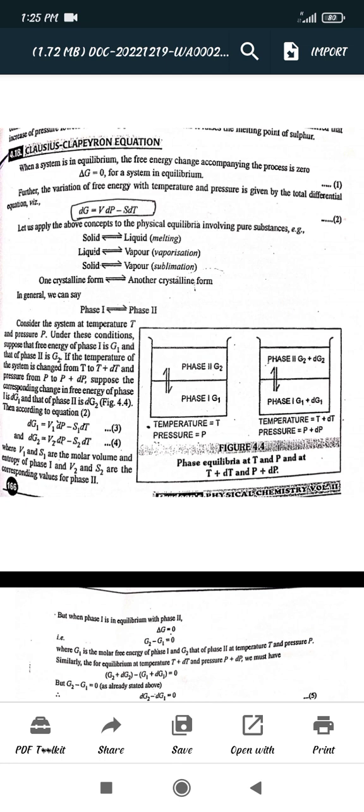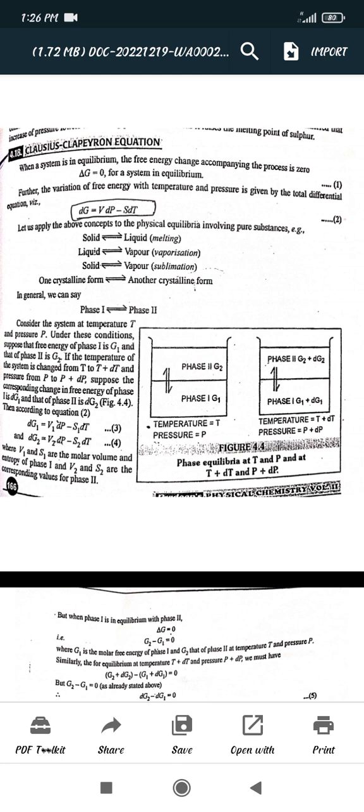Now let us apply the above concept to the physical equilibrium involving a pure substance. That is, solid to liquid, liquid to vapor, solid to vapor, and one crystal form to another crystal form. In general, we can say phase 1 to phase 2. Consider the system at temperature T and pressure P. Under these conditions, suppose that the free energy of phase 1 is G1 and that of phase 2 is G2. If the temperature of the system is changed from T to T plus dT and pressure from P to P plus dP, suppose the corresponding change in free energy of phase 1 is dG1 and that of phase